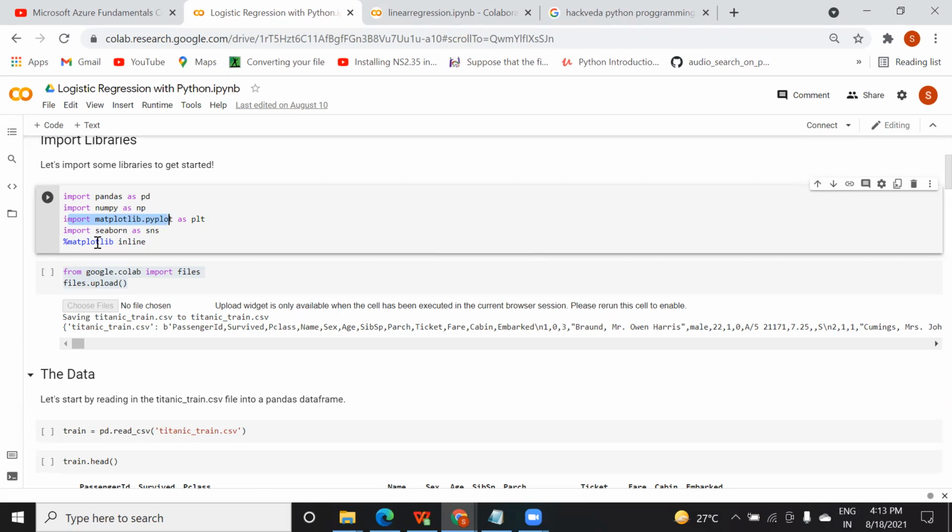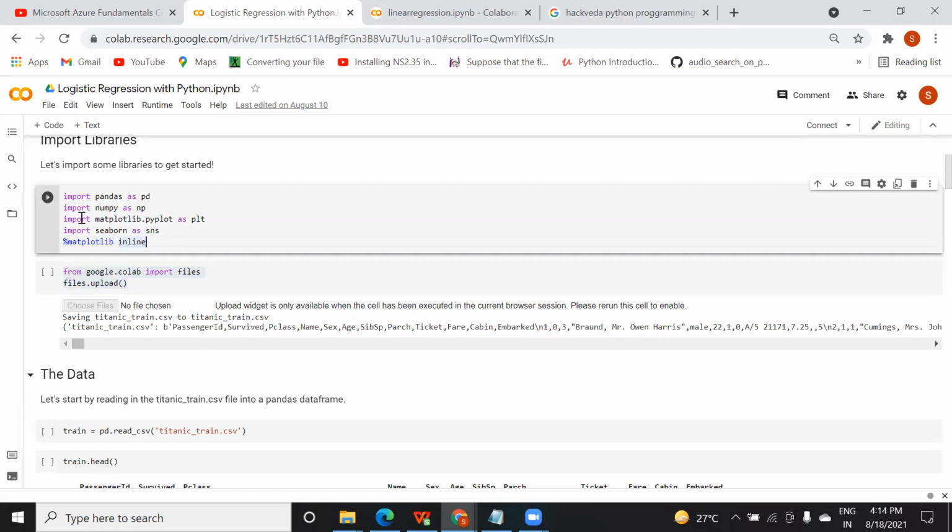So sometimes you need to write it either like this, or when you're working in a notepad or any text editor, you normally write like this, because both are valid.